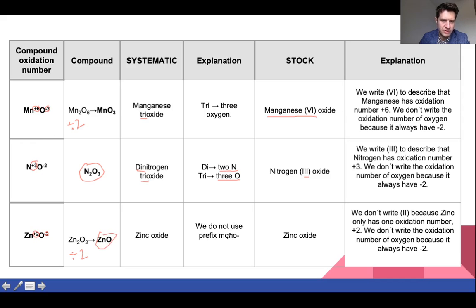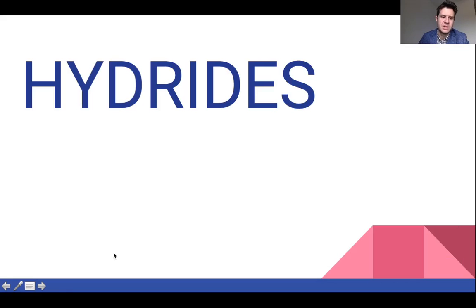We don't use the prefix mono. In the case of the stock nomenclature, we don't write a Roman number because zinc has only one oxidation number, which is +2. We don't write the oxidation number of oxygen because it always has -2. Okay, and I think I'm going to stop here, and the next video will be about